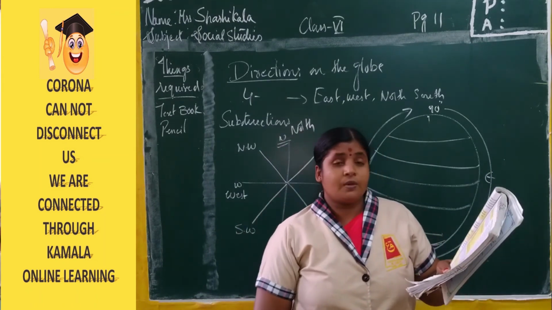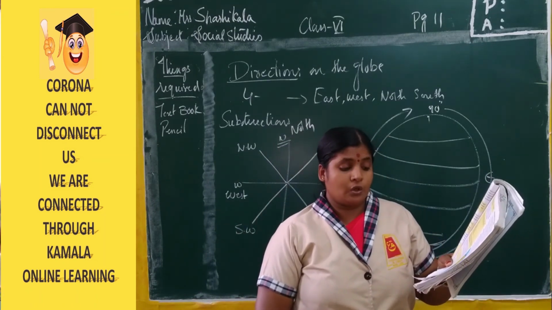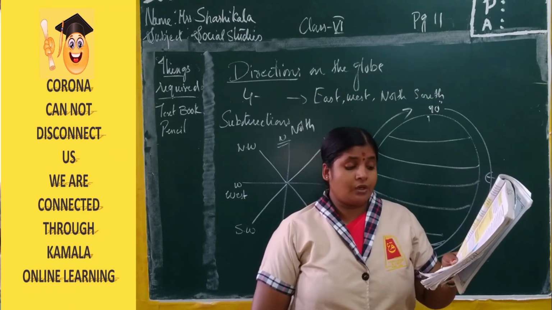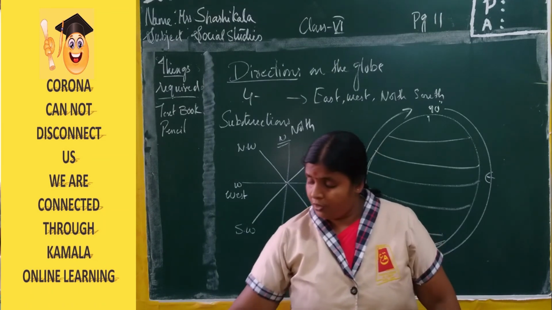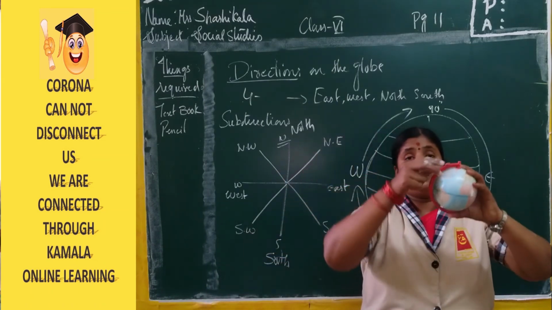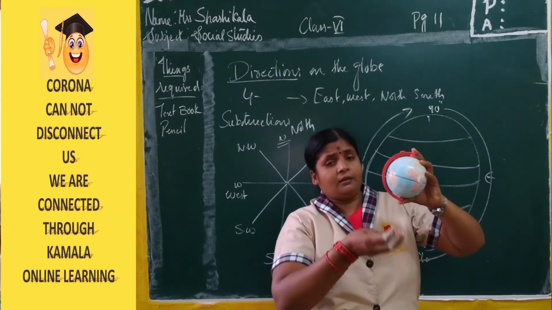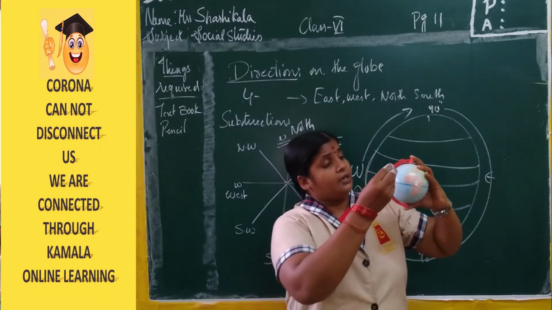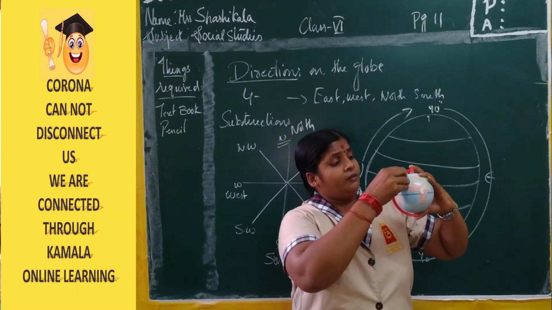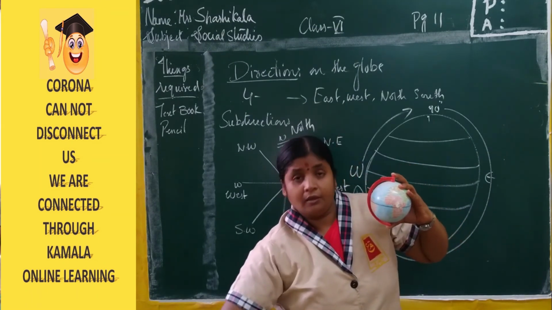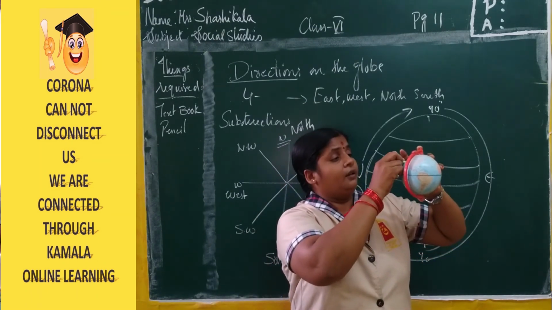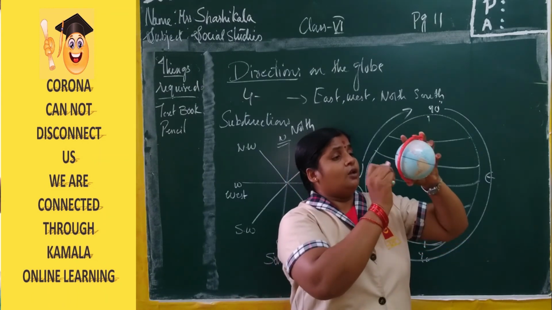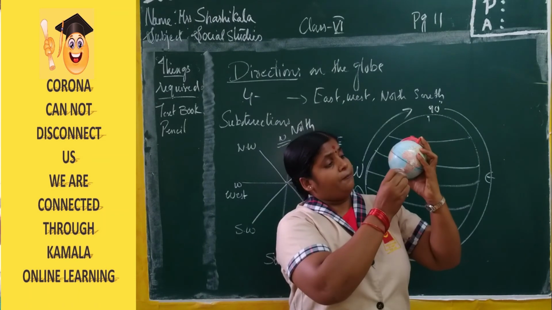To understand this better, put 3 or 4 dots on the globe in different colors, from the equator to the poles. Now rotate the globe and observe. Here you have the globe. Now put any 3 marks with different colors. Here I am keeping green, and one more with the yellow color, and one more with the orange color, and the pink color.